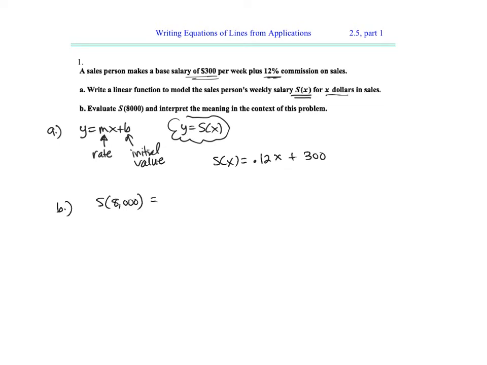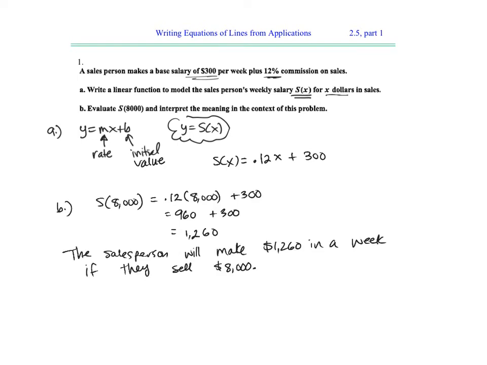Now we're supposed to evaluate that when x is $8,000. So let's figure out their salary when they have sold $8,000. We have 0.12 times 8,000 plus that base salary. 0.12 times 8,000 is 960, plus 300, and that would give us 1,260. So what does that mean? That means the salesperson will make $1,260 in a week